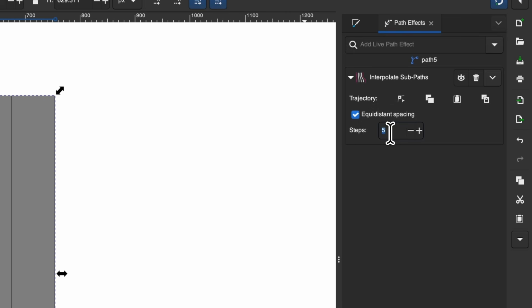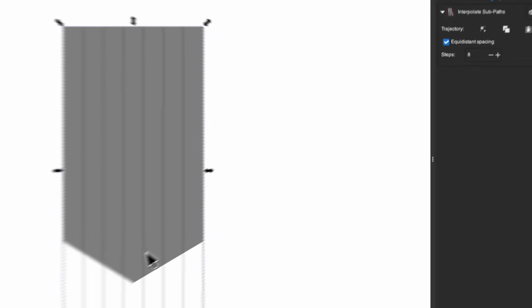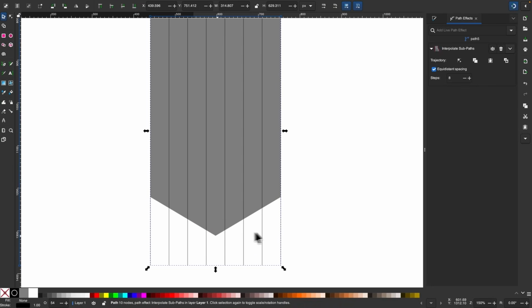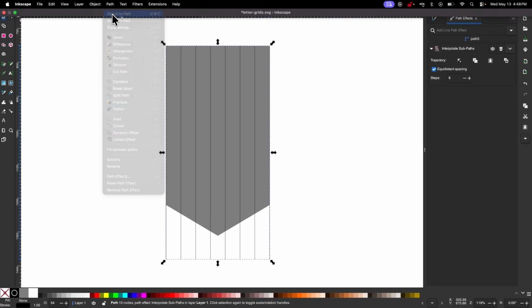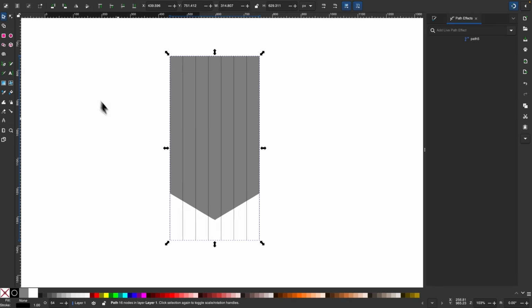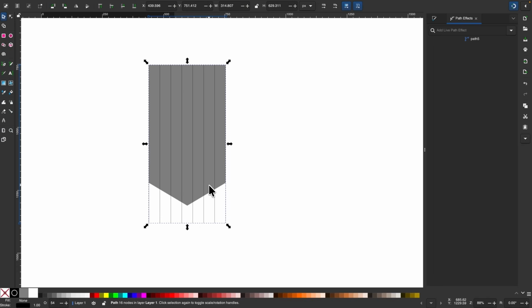And for steps, I want to input 8. Press Enter. Make sure you have equidistant spacing enabled, and it should create all of these evenly spaced lines between them. And once that's applied, let's go to Path, Object to Path to finalize that. And I want to make a duplicate of these lines, so I'm going to press Control D or Command D,